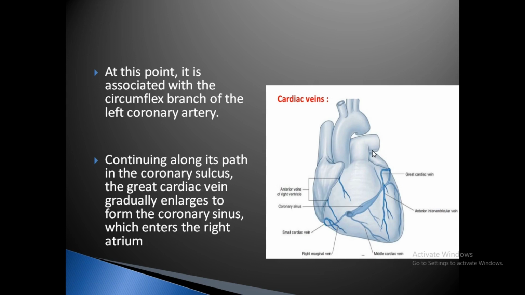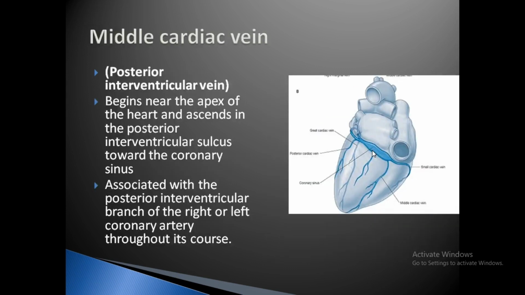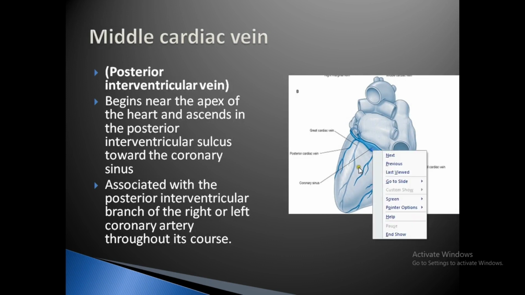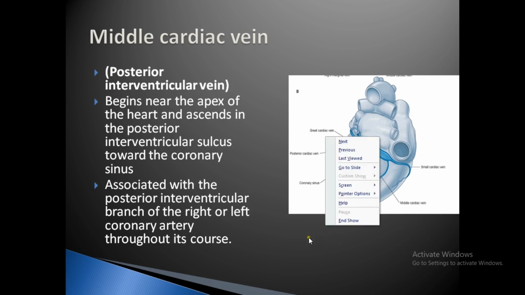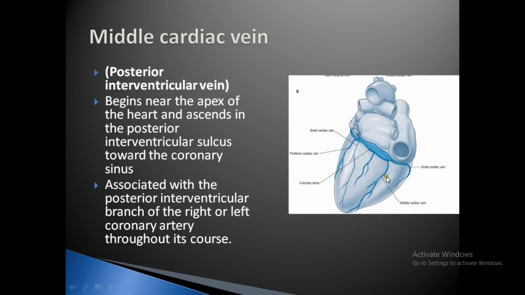This is the middle cardiac vein, which is also called the posterior interventricular vein. It begins near the apex of the heart and ascends in the posterior interventricular sulcus. You can see it begins near the apex of the heart and it ascends in the posterior interventricular sulcus towards the coronary sinus. Then it is associated with the posterior interventricular branch of the right or left coronary artery throughout